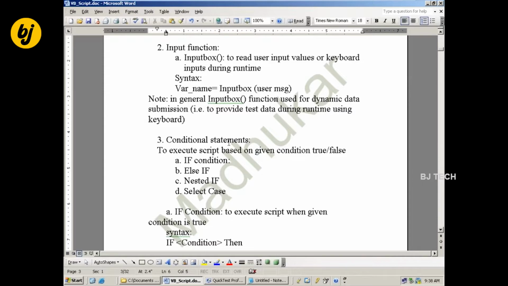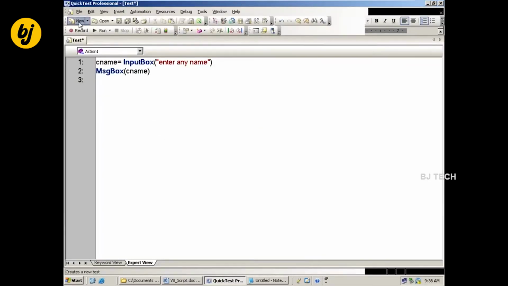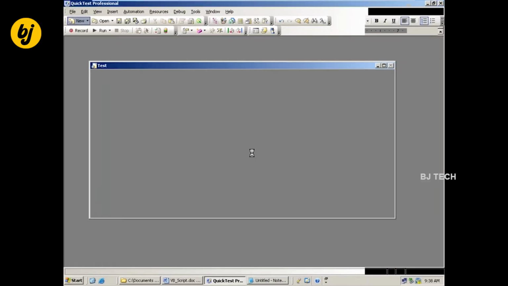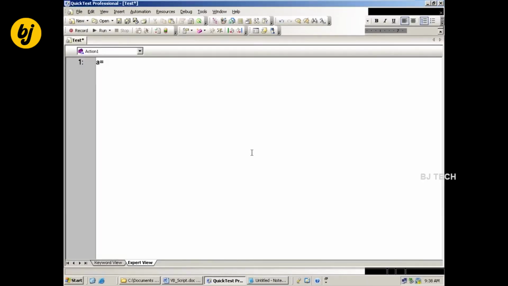Now, next we have the conditional statements. Let us see here. I assign A equal to 10 and B equal to 20. I want to display a message box saying A having smaller value.